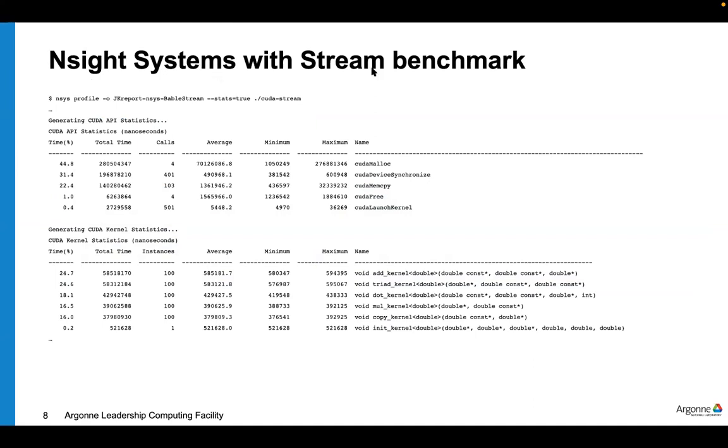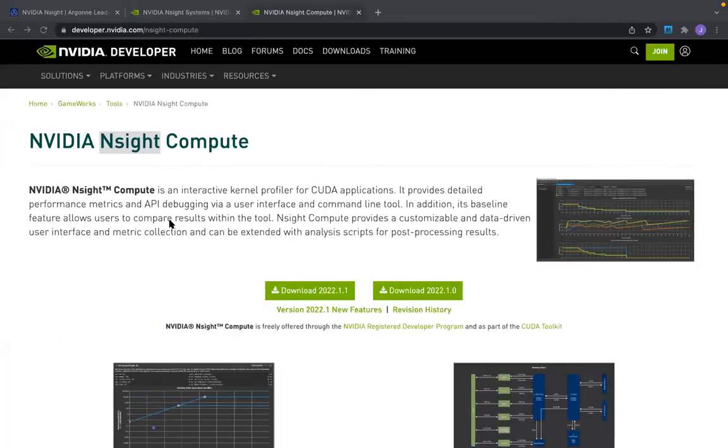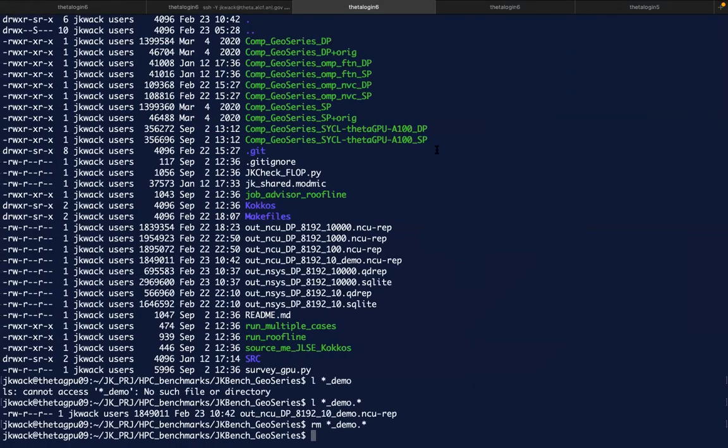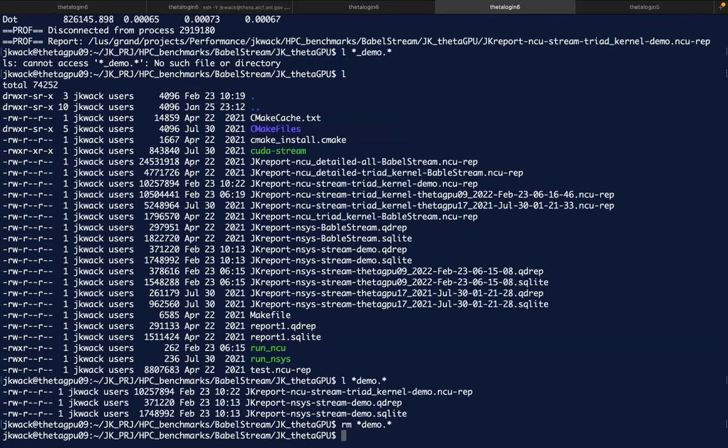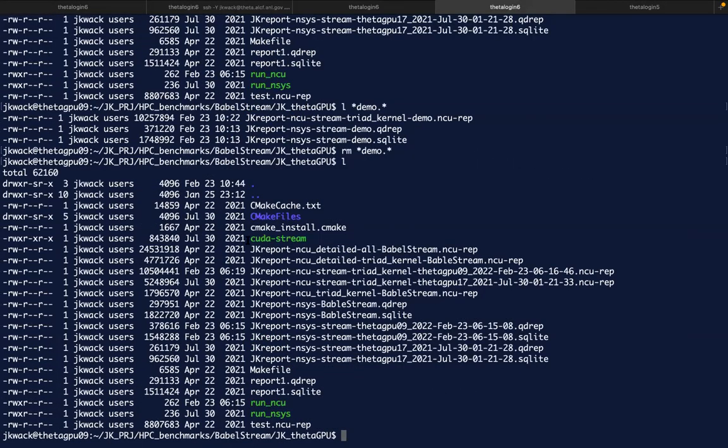So Nsight Systems with the stream benchmark, this is the exact command line I ran, and let me show you what happened in the demo here. I grabbed one GPU node, a ThetaGPU node here. I already built the application. So cuda-stream is the executable here. If I run it,